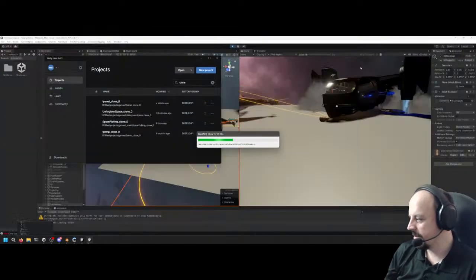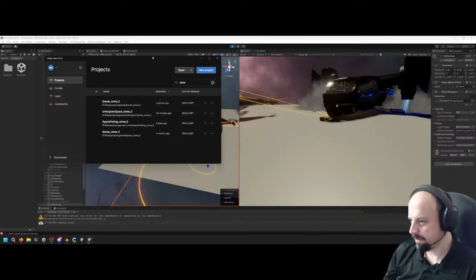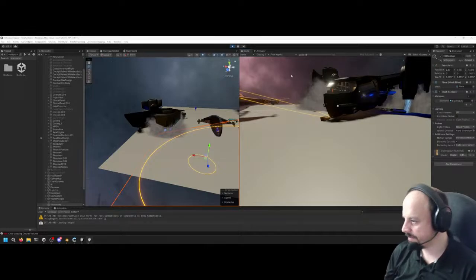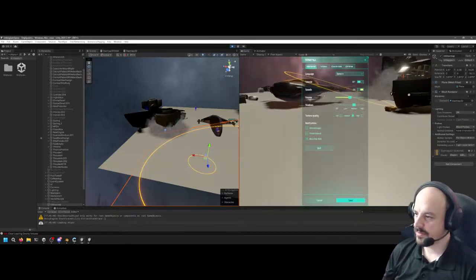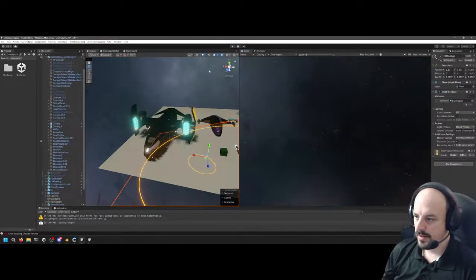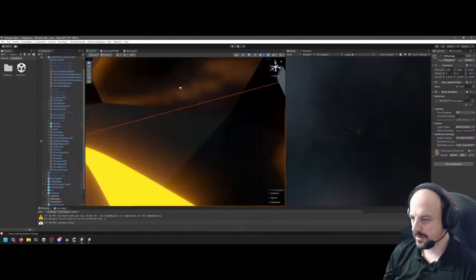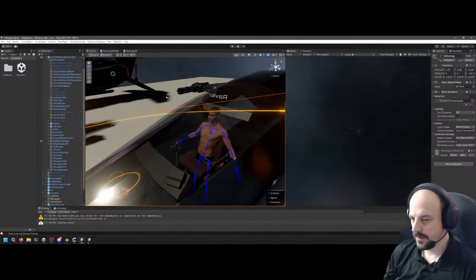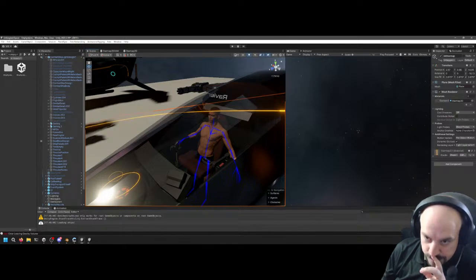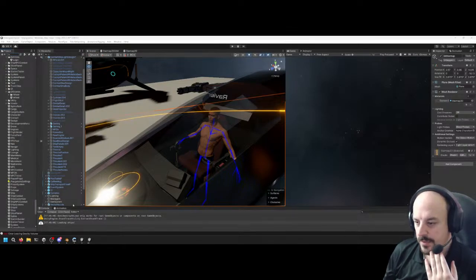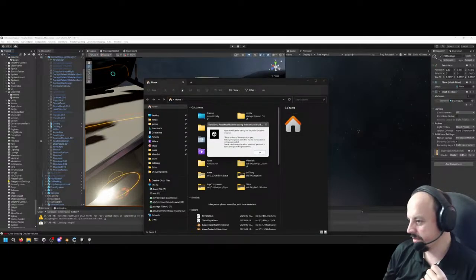So this needs to update, so I'm just going to pull this off to the side while we're waiting for this to update. I have like 1,000 things happening here. But yeah, it's coming along. Oh, and I should check that build and see if the NPCs.